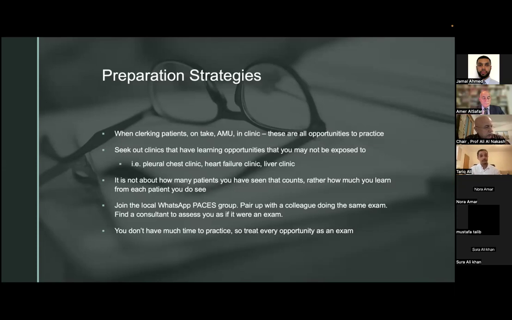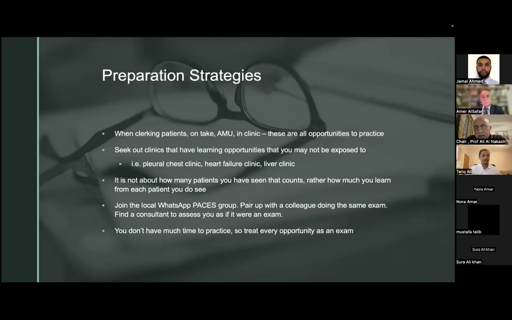Look for these signs, because this is what you're going to be doing in the exam. Make sure, I think this was mentioned before, go to clinics, especially if you work in a DGH that doesn't have access to certain specialities. Ask where you can visit these clinics. This is a really good opportunity for you to see MS patients, motor neuron disease patients, or patients who have suffered from chronic pain, for example.